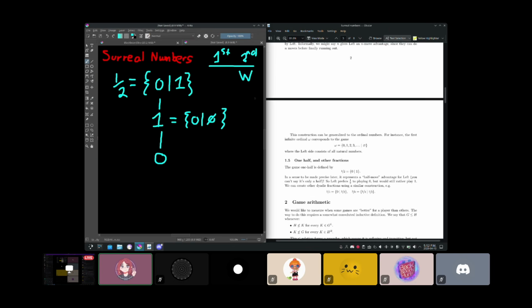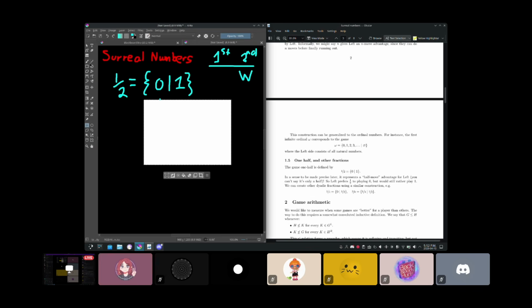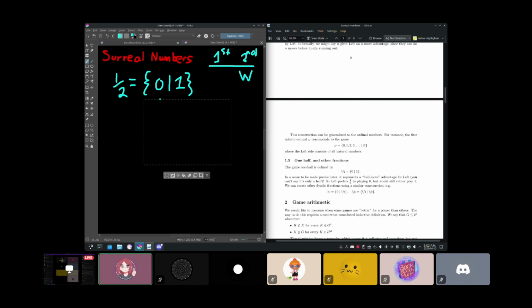Sorry, the thing is that we keep swapping between if I'm left or you're left, and it's kind of confusing. But we can see that if left had gone first, you could have moved to 0. Let me delete this. There has to be an easier way to do this, and there probably is, but I just don't know how to use the software. If you had gone first as left, then you could move it to 0. And then I lose again, right? Because 0 is kind of like the losing game. So this is in the same outcome class as 1. Left wins in both cases.